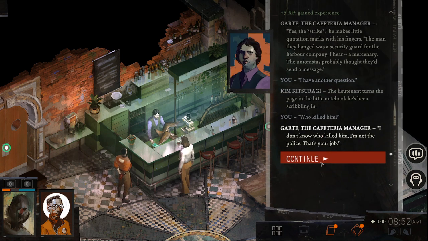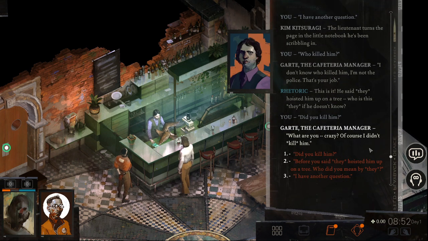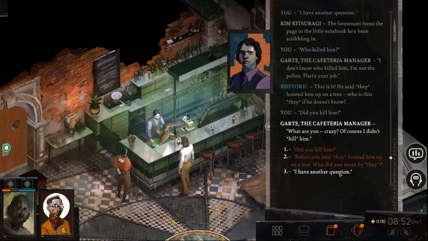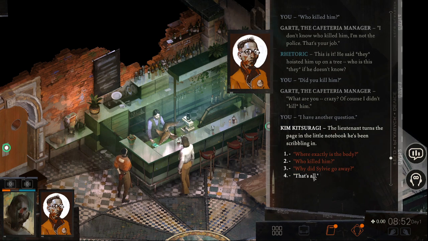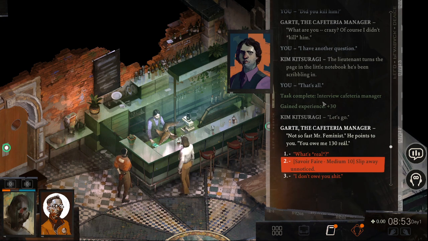I don't know who killed him. Okay, so it just went that way again. What are you, crazy? Of course I didn't kill him. All right. The lieutenant turns the page in the little notebook he's been scribbling in. Let's go. Not so fast, Mr. Feminist. You owe me 130